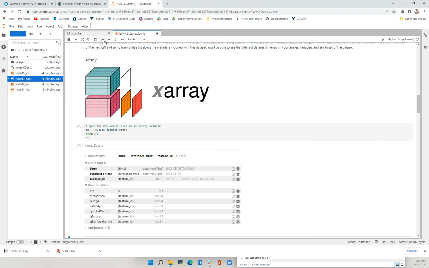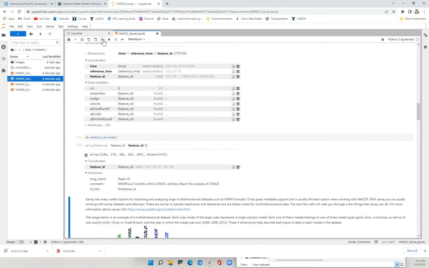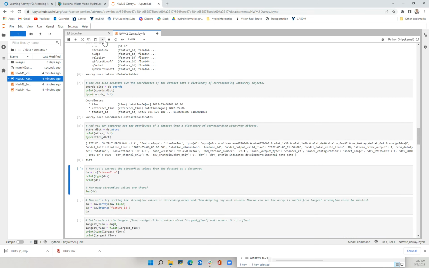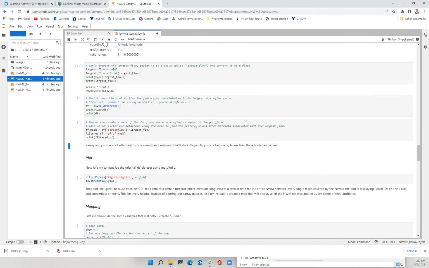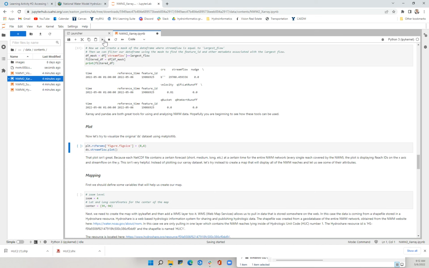And honestly, we're just going to hit run. If you want a more detailed overview of what these are doing, go back and do exercise number 1 and 2 of this notebook, and watch the videos where I explain a deeper, more in-depth view of what each of these cells do. Okay, so we'll just keep hitting run, keep hitting run. We're going to hit plot, keep hitting run